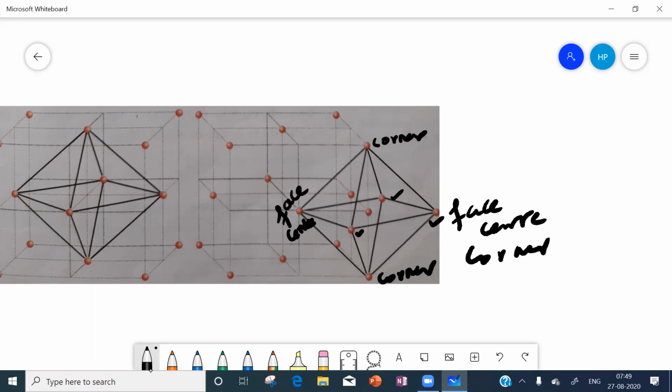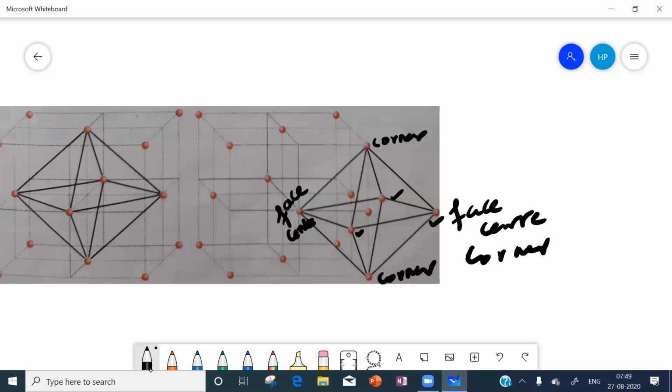Regarding this also, we want to know whether it is a corner or face center. What shall we do?